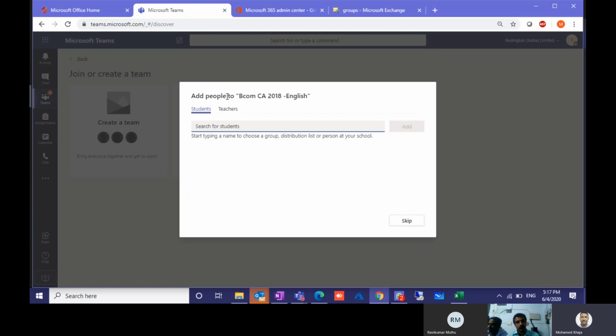So here you have created this team. Now you have to add the teacher only. We can add any number of teachers, right? Yes, yes. Whoever is responsible for English, for example, one teacher, two teachers. There will be two teachers teaching each paper.